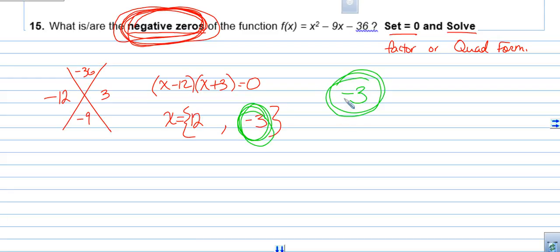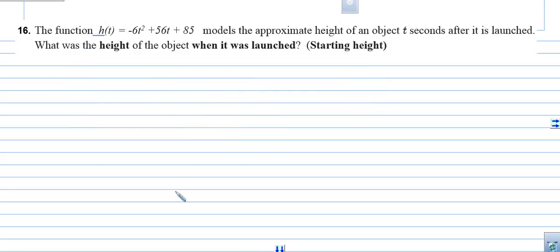Okay? And the last, but certainly not the least question, definitely the easiest question on the test. Okay? Gives you all this stuff, tells you this, okay? And it tells you that it's the height at time t, and so on. And it says, what is the height when it is launched? When it is launched is right at the very, very beginning, also known as the starting height. So you want to know what its initial height is. Well, starting height